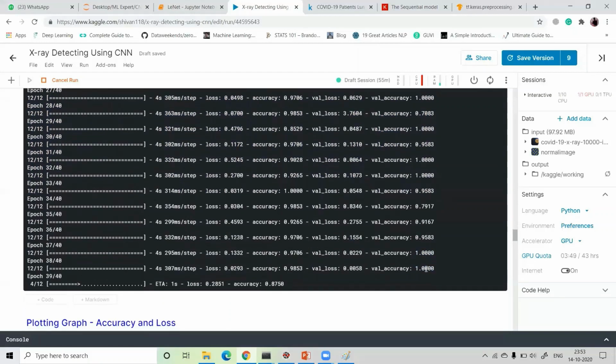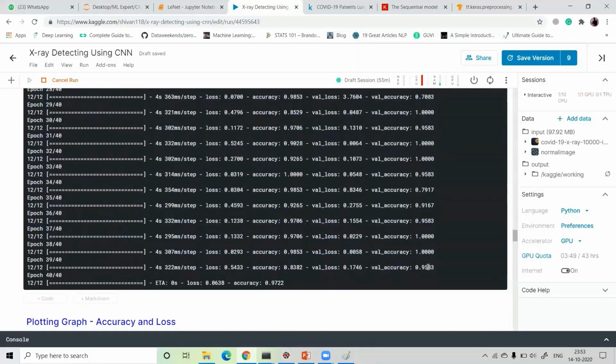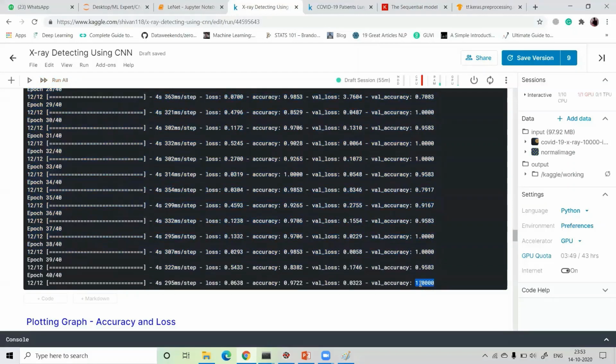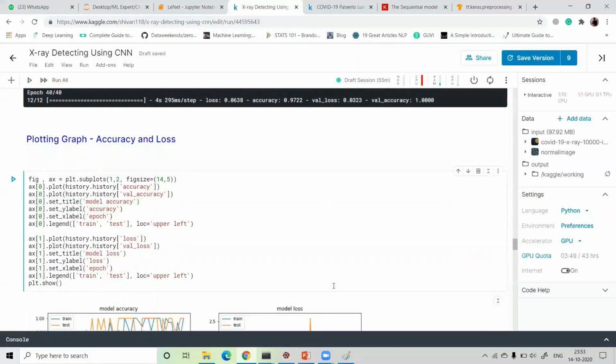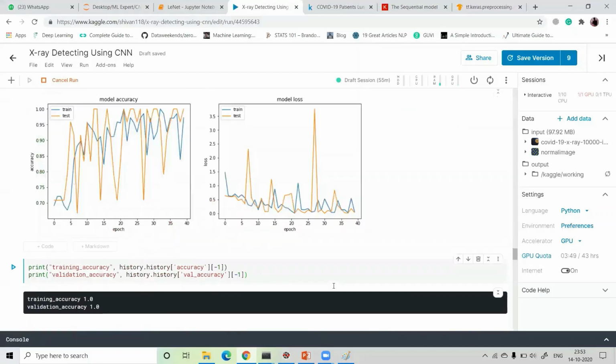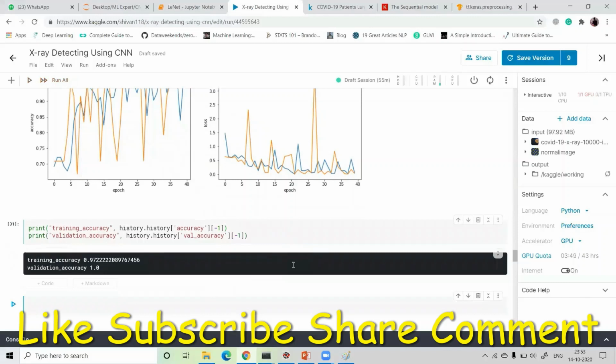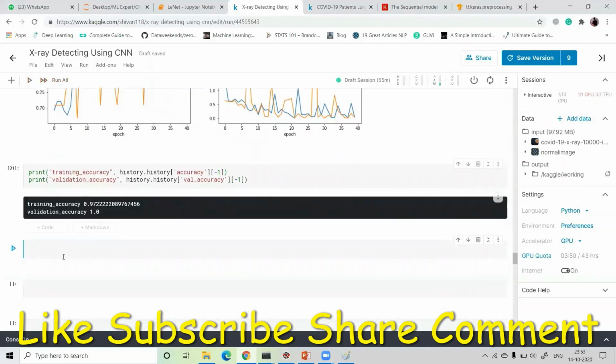In the 38th epoch again 100% accuracy. For the 39th, 95, and the final is 100%. Let's see, I again just print this graph and check again. So this time our training accuracy is 97, but the validation accuracy is 100%.